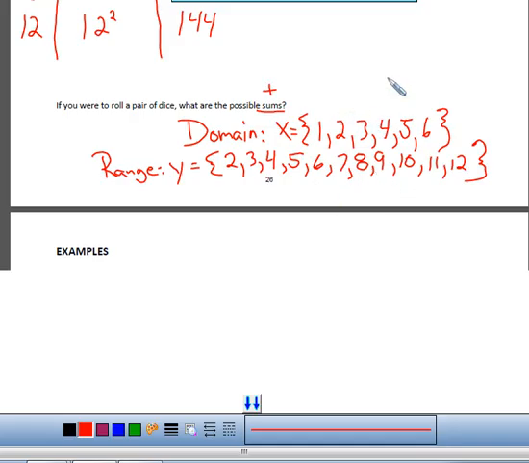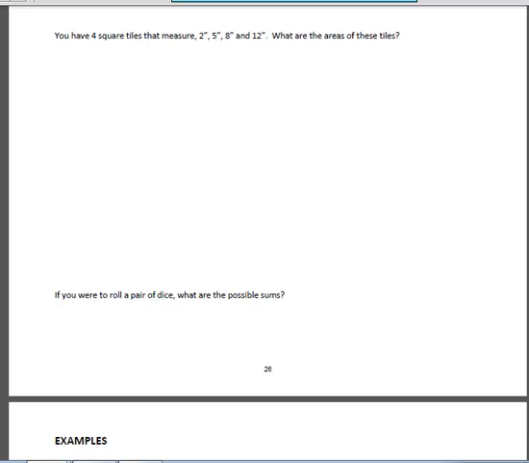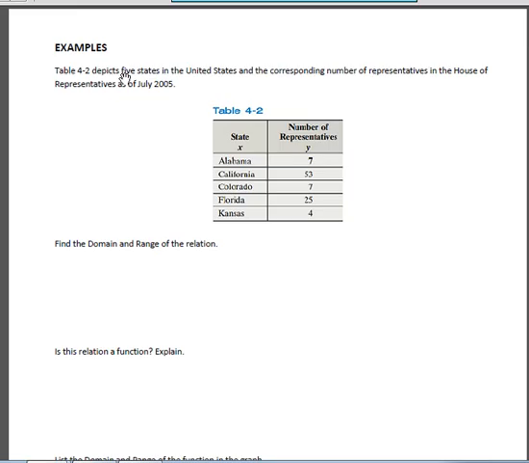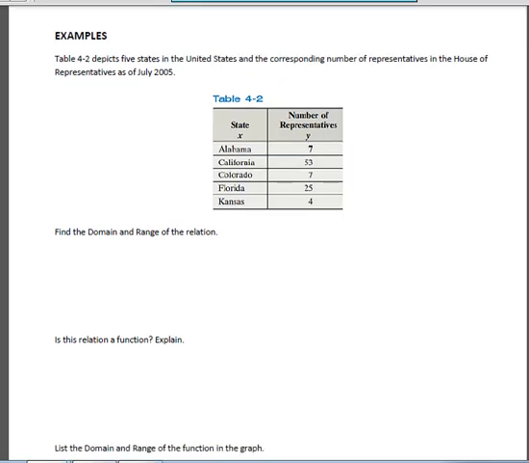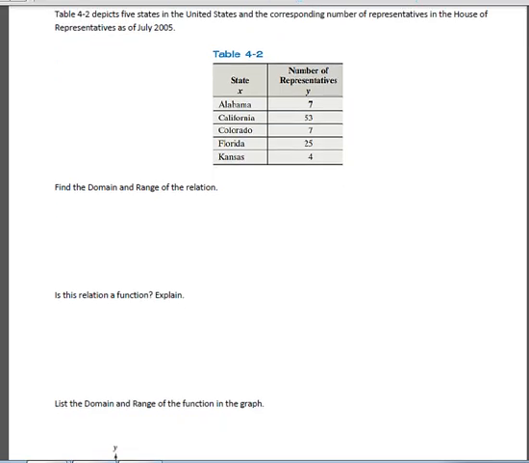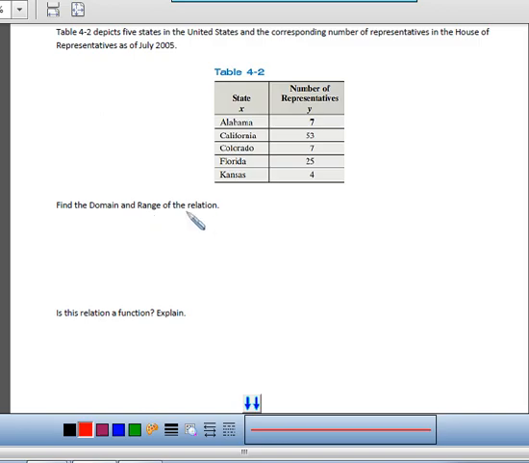Alright, so let's go ahead and take a look at some other examples over on the next page, page 27. So this time, table 4.2 depicts 5 states in the United States and corresponding number of representatives in the House of Representatives as of July 2005. Very long time ago. Alright, so find the domain and range of the relation. So they already tell us here's our x, here's our y. Okay? So the domain,